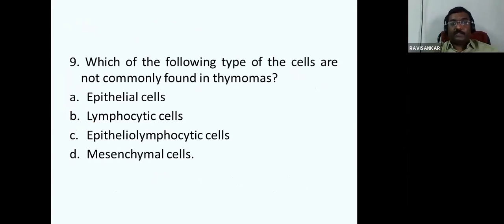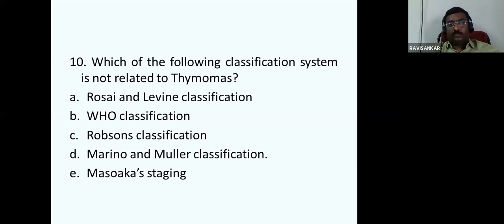Which of the following types of cells are not commonly found in thymomas? Which of the following classification systems is not related to thymomas? Robson's. Robson's is used in